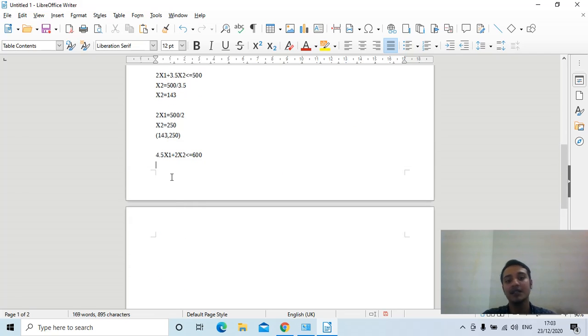So let's see, if x1 equal to 0, so 2x2 equal to 600 divided by 2, so equal is 300, so x2 equal to 300. And when x2 equal to 0, then x1 should be